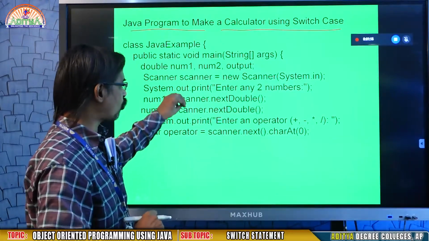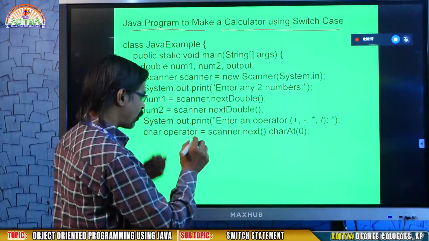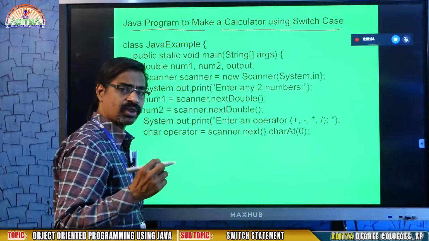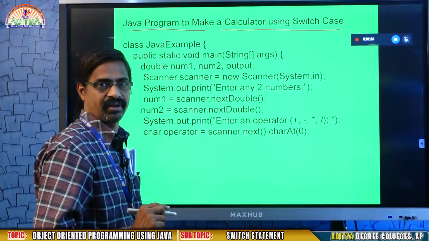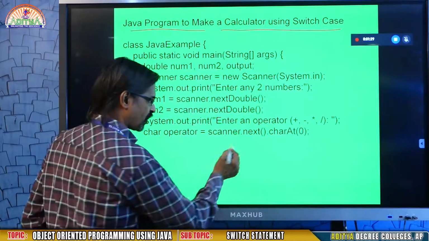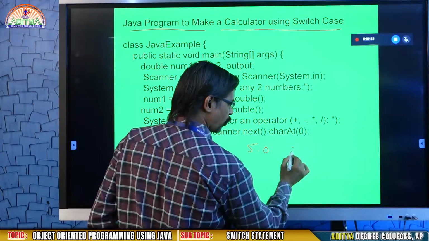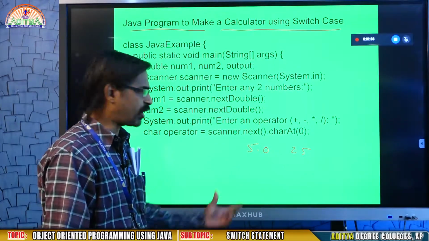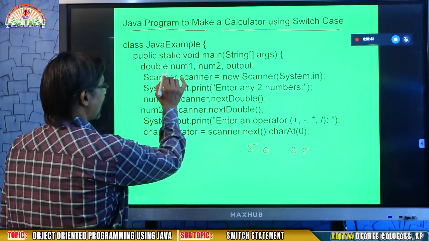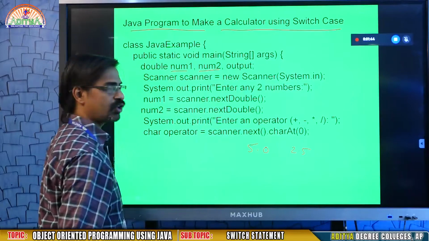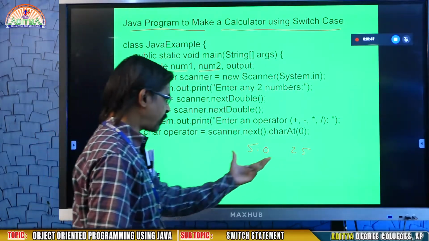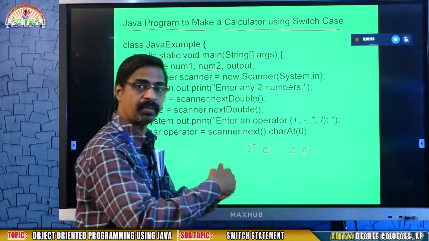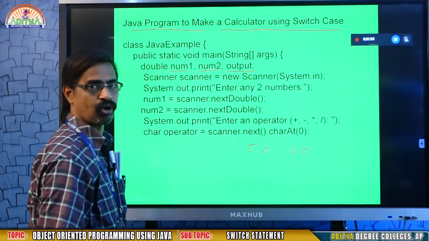But meanwhile, I am telling you the internal core part. My program's aim is that it will ask you for two numbers. Since multiplication and division are there, I am going to take two double values, for example 5.0 and 2.5. You already know how to accept two numbers, so I defined num1 and num2 of type double. After performing addition, subtraction, multiplication or division, you get the answer in double only. So to keep the result in a variable, I am going to take another variable, output.